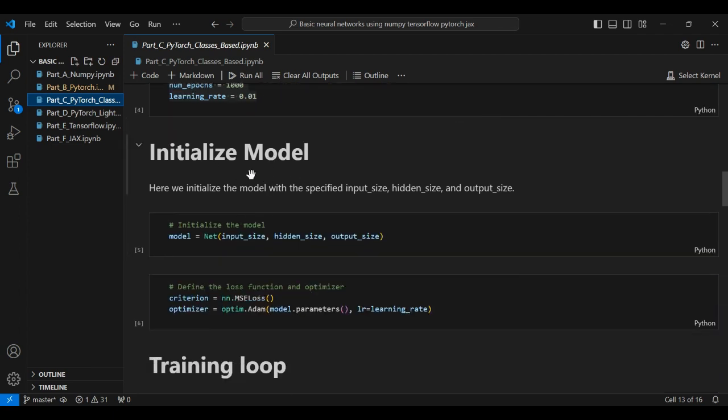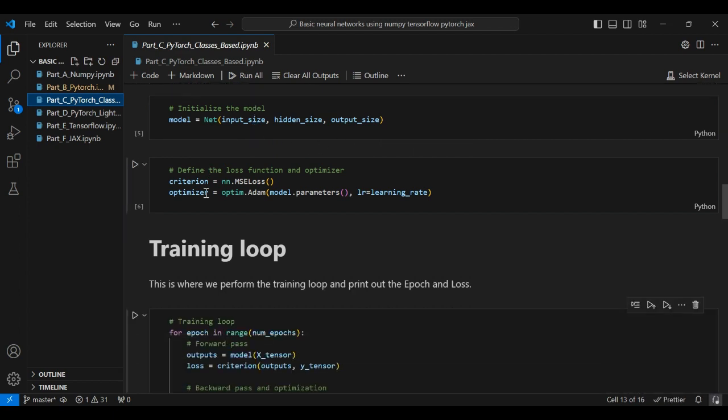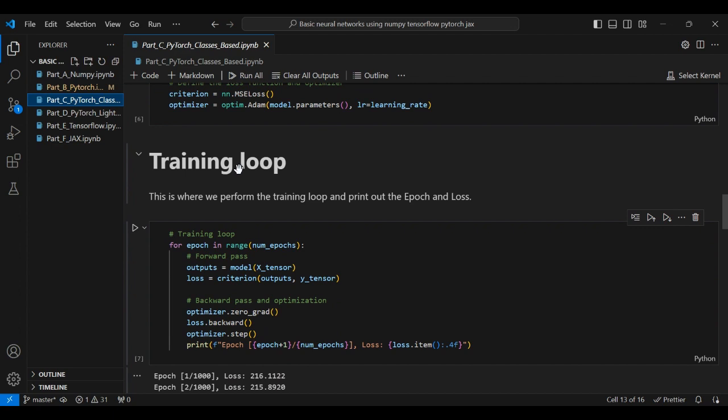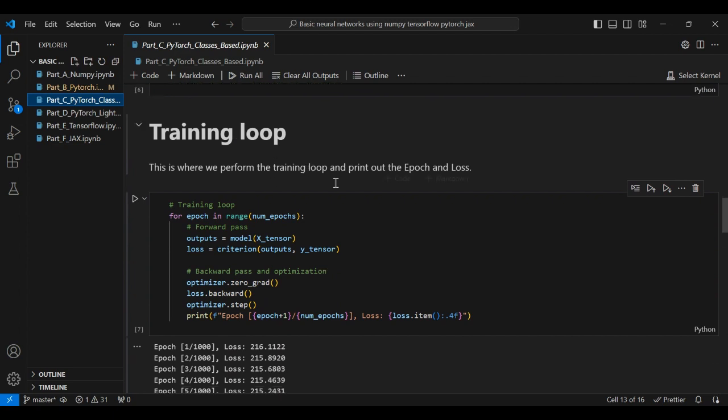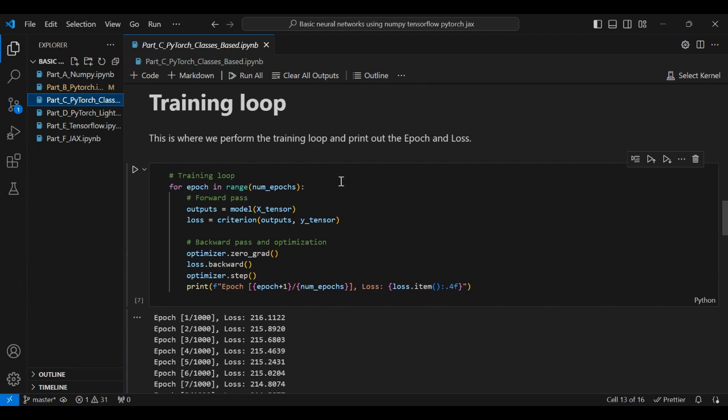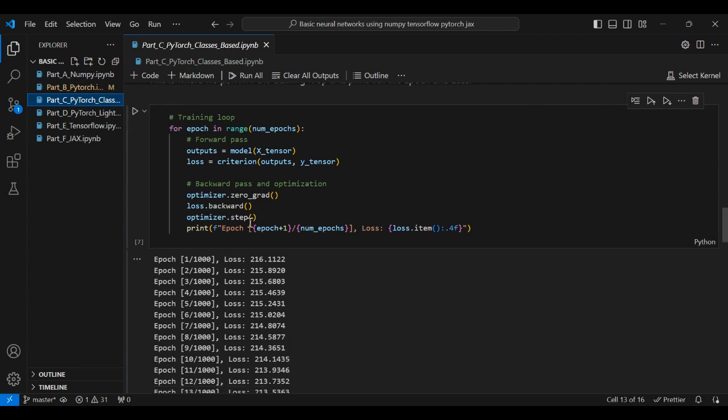And then we proceeded with initializing the model. So it creates an instance of a net class with specified architecture and hyperparameters. And then we proceeded with training the model. So each epoch includes a forward pass to compute the model predictions, and then loss calculations using mean square error, a backward pass to compute gradients, an optimization step to update the model's weights using Adam optimizer. You can see,